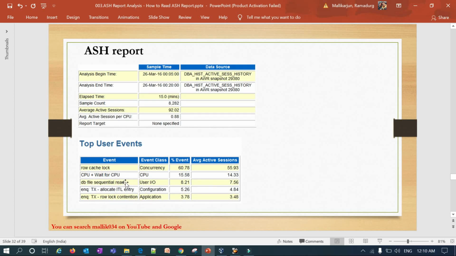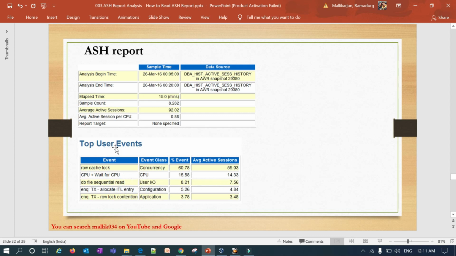If DB file sequential read is so high, if it is in the top events, then there are so many user I/Os. There might be a lot of user transactions, a lot of data being written to your disks, or a lot of data being read, like a full table scan, reading a table from my data file into my buffer cache. You have to predict it based upon the user sessions, right?